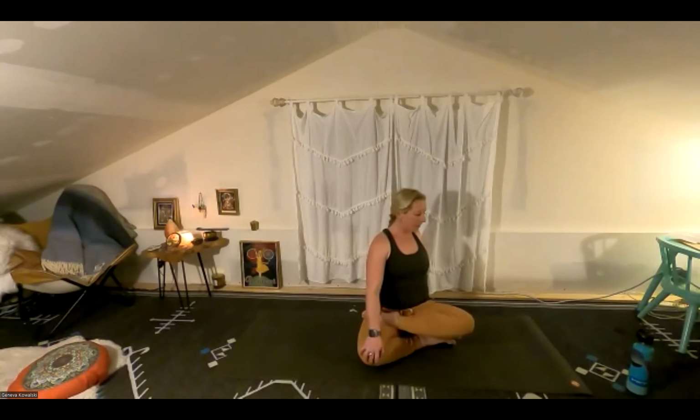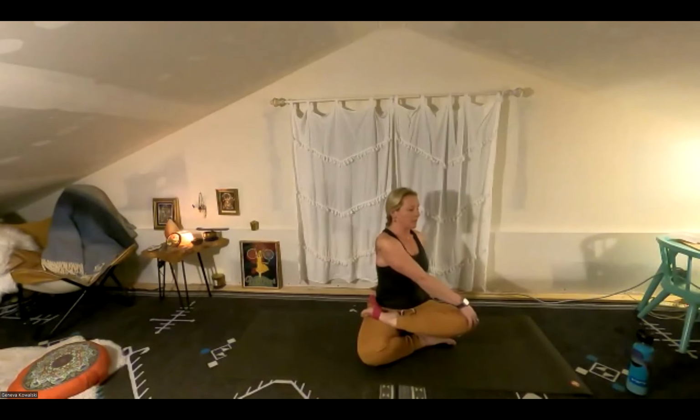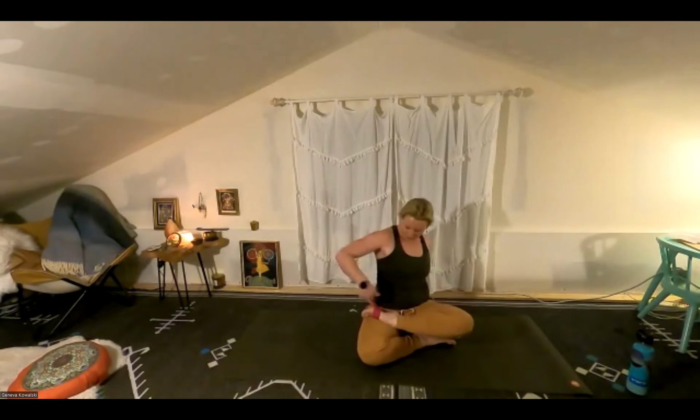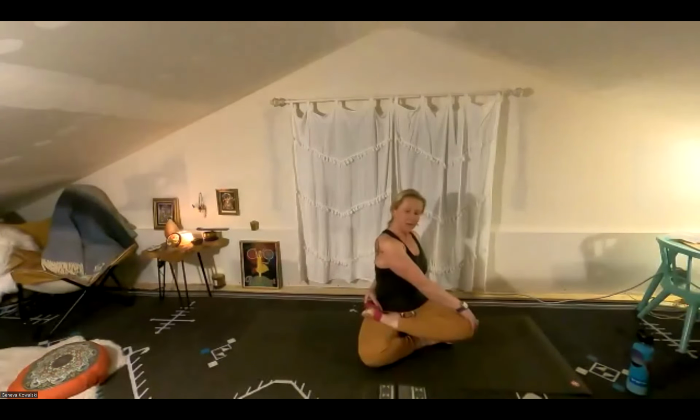Inhale, and then exhale, start to bring the hand across to the knee. Other hand, working your way up the tails of the strap as close as you can to that foot. Maybe for some of you, you can grab those toes, but no need to over pork the spine so early in class. So settle into your twist. Potentially a spot came to mind,